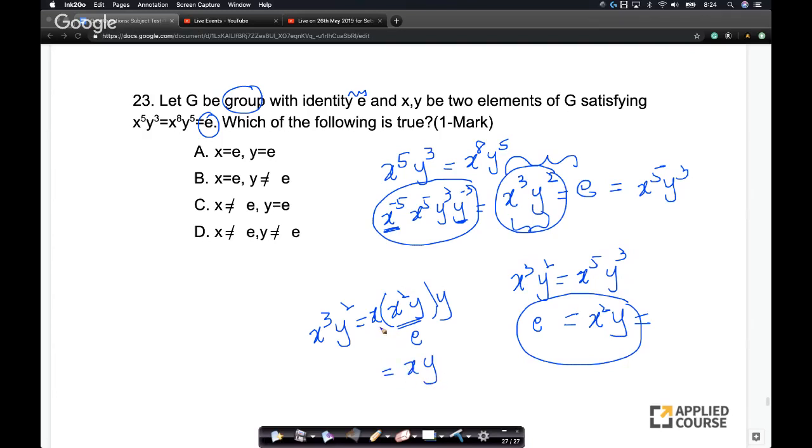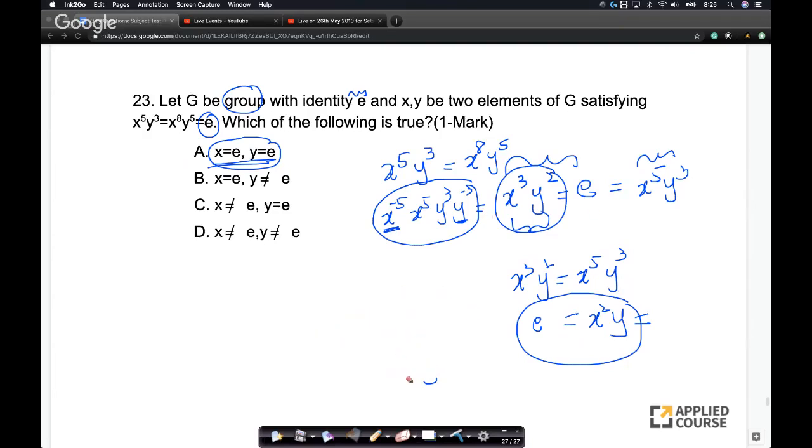So what did I get here? Where did I come to? I have x^2 y, and I'm trying to get x^3 y somehow. What we're given is x equals e and y equals e. I'm trying to prove that x is actually equal to e. I'm just trying to prove that slightly carefully.